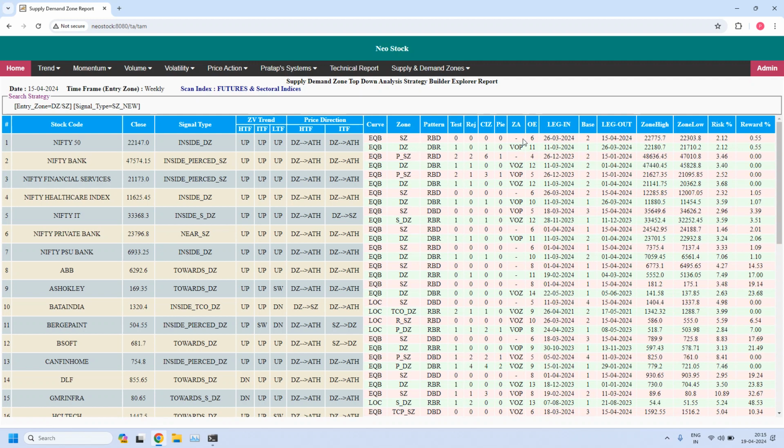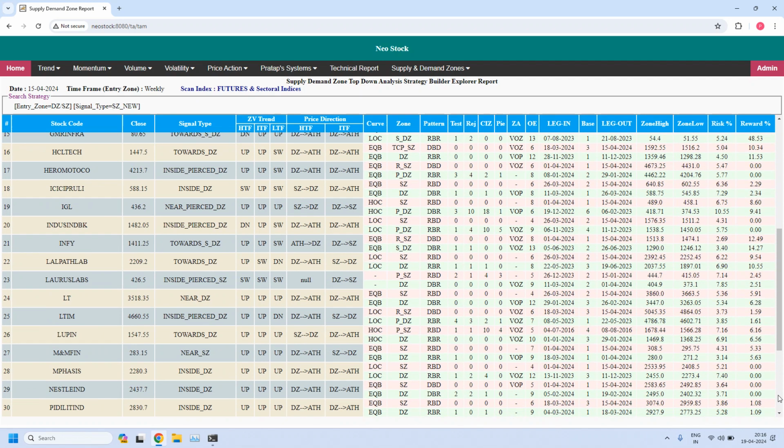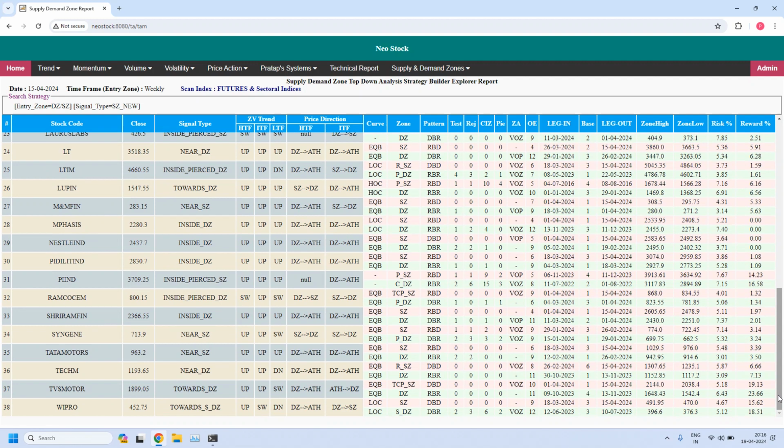But in many of the stocks you will be seeing newly created zones. 15, 4, 24, all these candles are newly created zones. Okay, anyway, let me scroll down. 38 stocks are having newly created weekly supply zones. Now let us